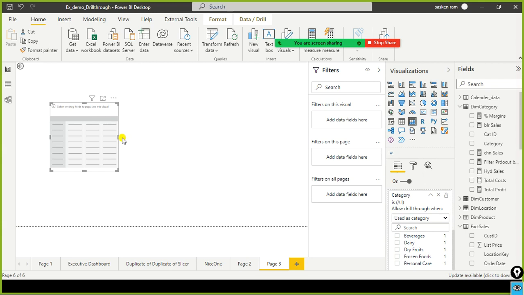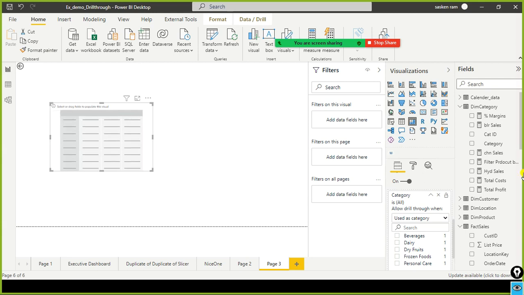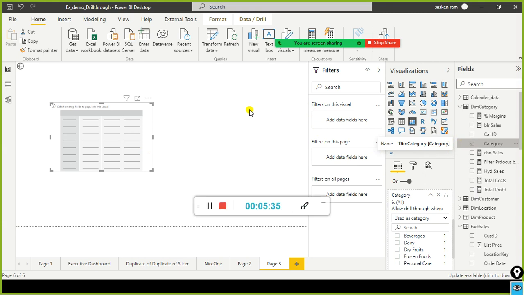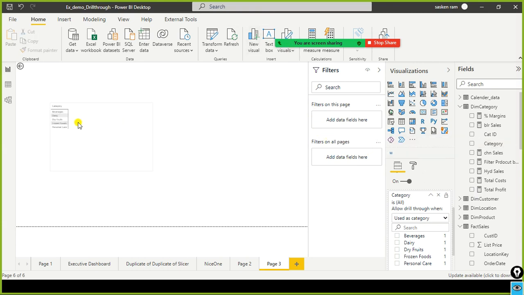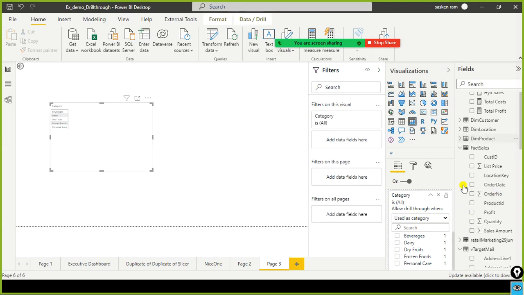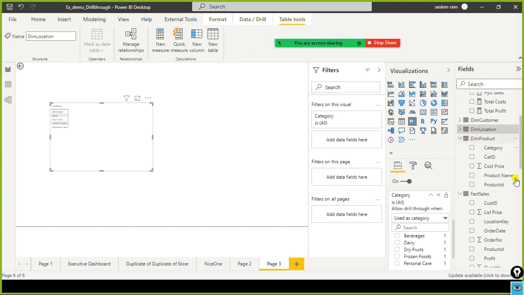For example, I am going to select the matrix visual. Here I am going to specify category. Okay, so now the category got selected. We wanted to know the product name, so in which product and which location, detailed information.